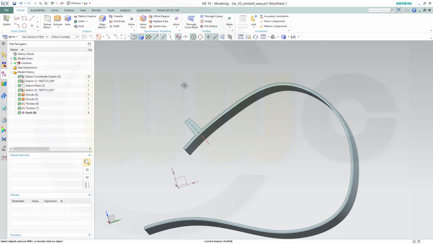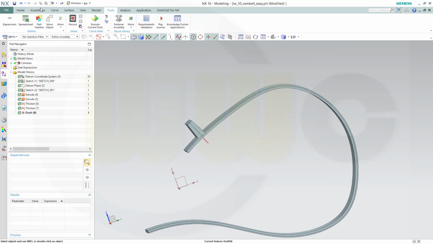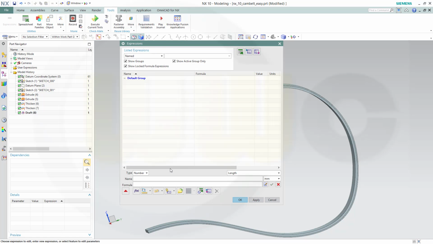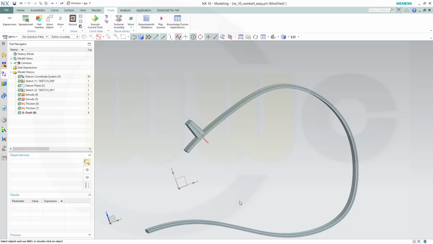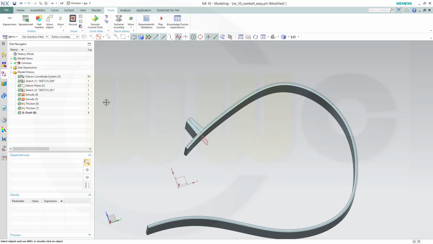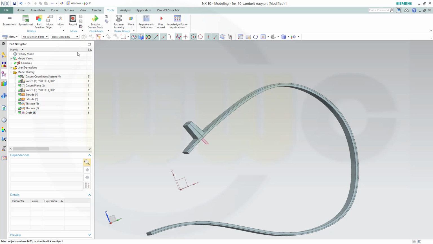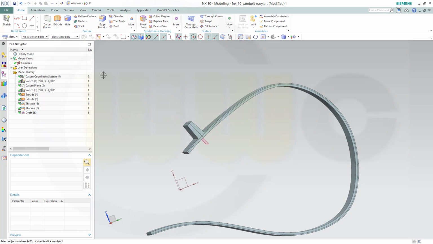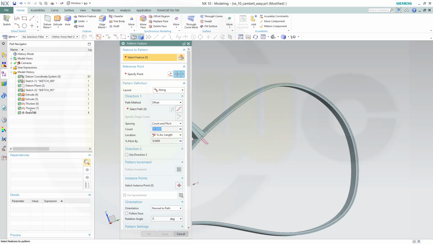Yes, and I might need an expression, so go for Tools, Expressions, call it tooth number, and the value should be 10. Okay, and now let's pattern this feature. So this thicken and that draft, go to pattern feature, and I want to pattern this thicken and that draft,